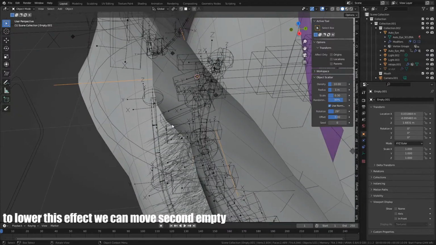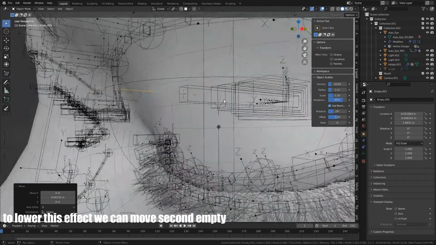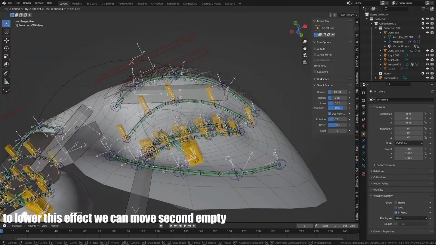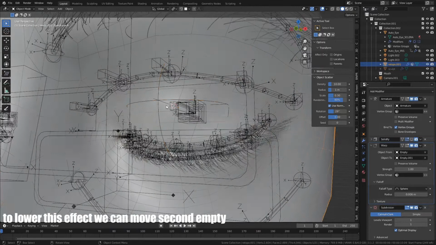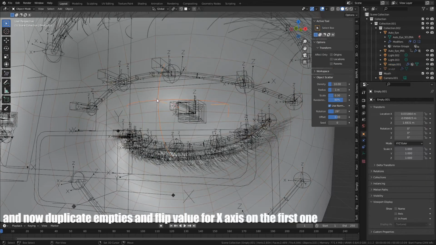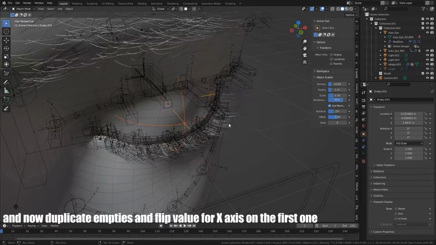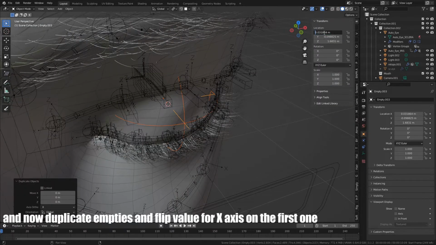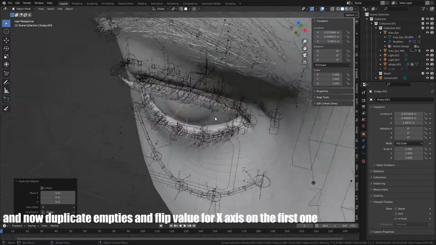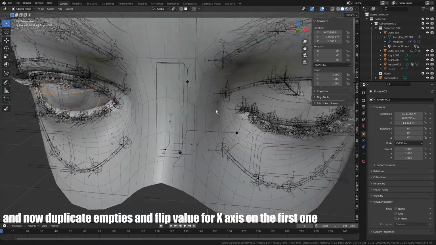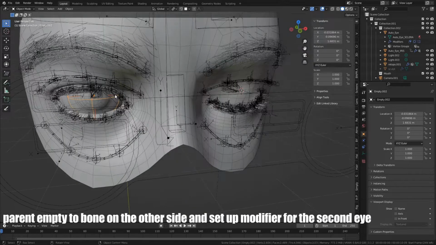To lower this effect, we can move second empty. And now duplicate empties and flip value for the x-axis on the first one. Parent empty to the bone on the other side and set up modifier for the second eye.